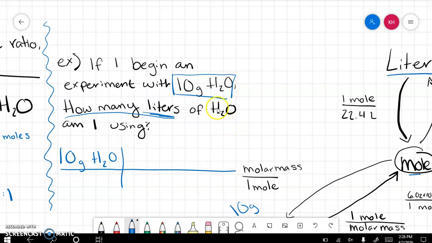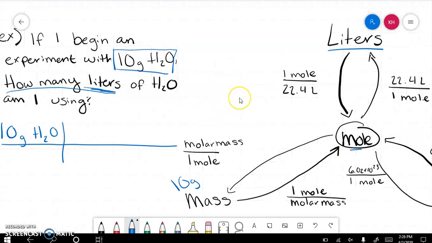So if I go back to my problem, I know I've got the molar mass at the bottom, which if we look at water, I know that hydrogen has a mass of 1 gram, and I've got 2 of them, so I've got to multiply that by 2. So hydrogen has a total of 2 grams. Oxygen is going to have 16 grams. If we add these guys together, we know we've got a total of 18 grams. So if we have 18 grams of water, and that gives us 1 mole of water,